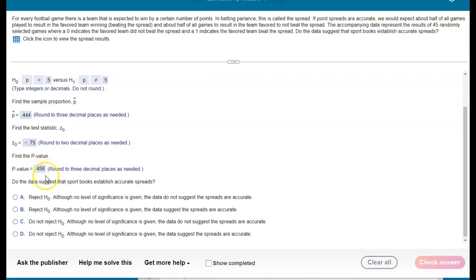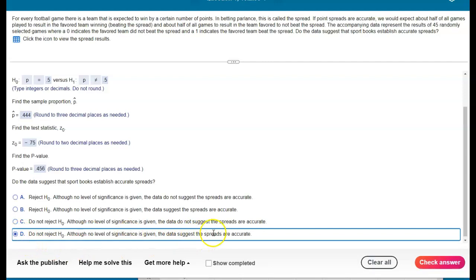And this says we have a high likelihood that it's occurring, so we do not reject the null hypothesis. So it's one of these two. Although no level of significance is given, the data suggest the spreads are accurate, meaning we're not going to reject it. And we agree with this expectation that the sports books